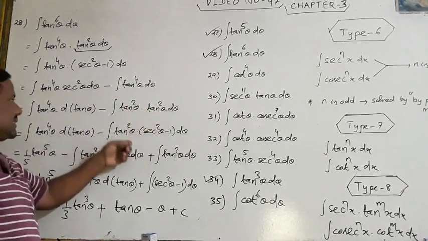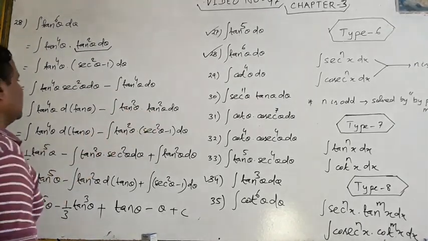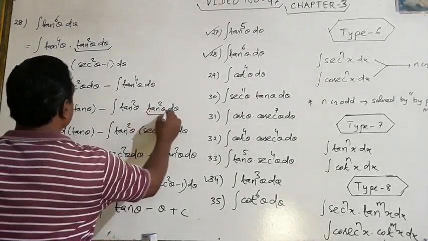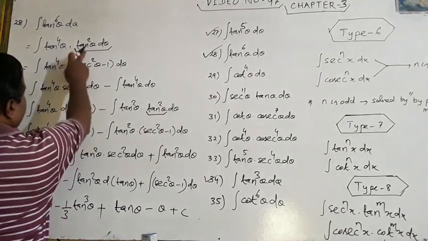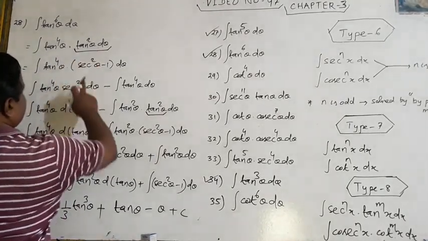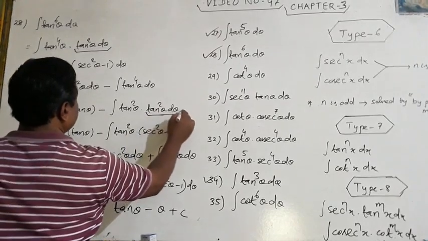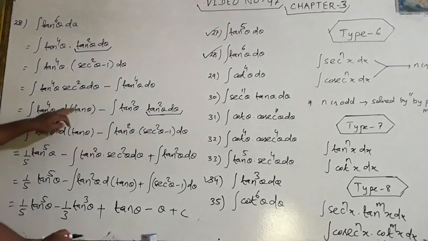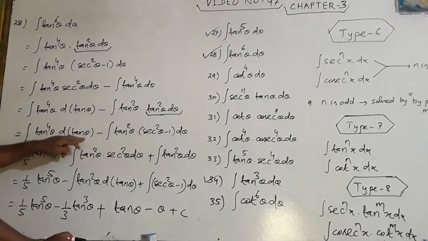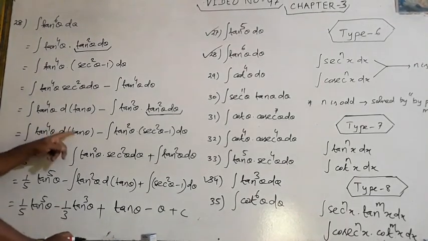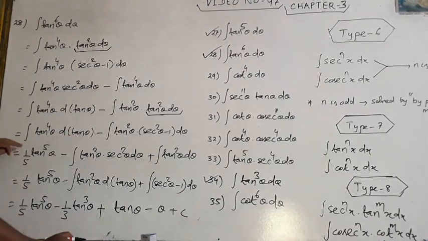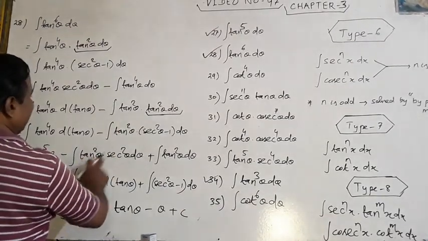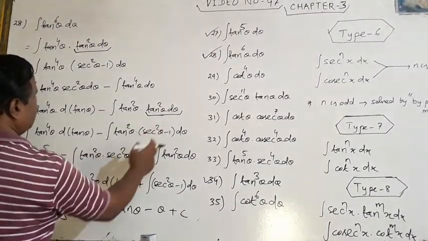This is tan square theta. And next step, you have to break this tan square theta as sec square theta minus 1. Similarly, you are doing here tan square theta d theta. Then multiply this. This is tan fourth, and I am writing tan fourth d tan theta. Whatever the power, its derivative, that is what it becomes. It is 1 by 5 tan to the power 5 minus tan square theta sec square theta, plus integration